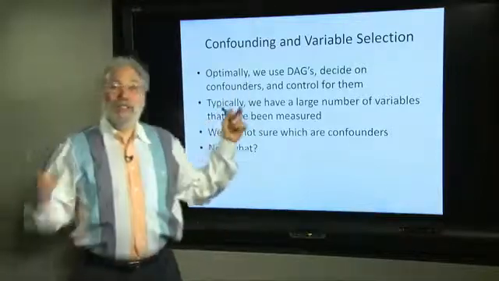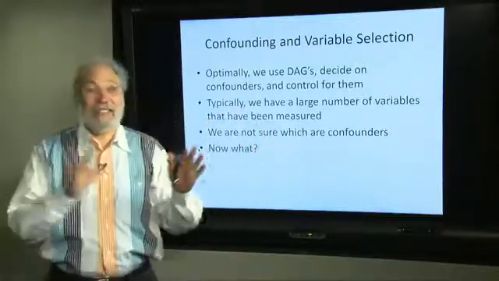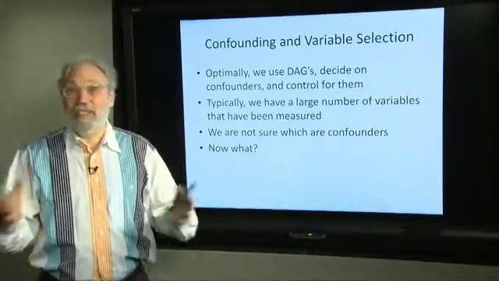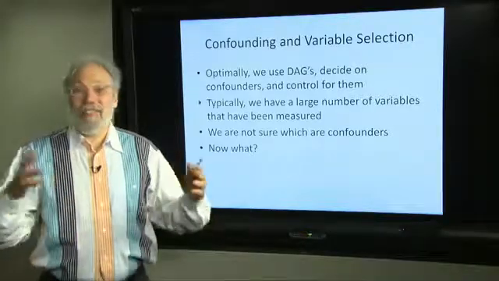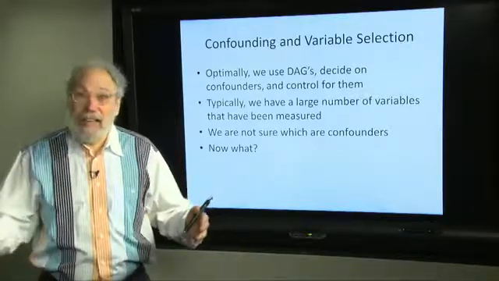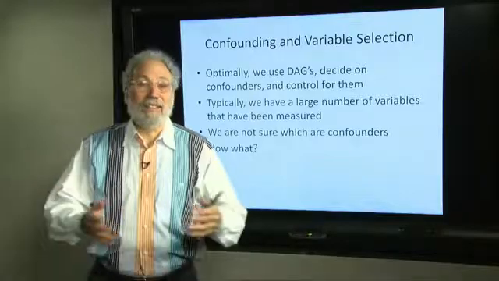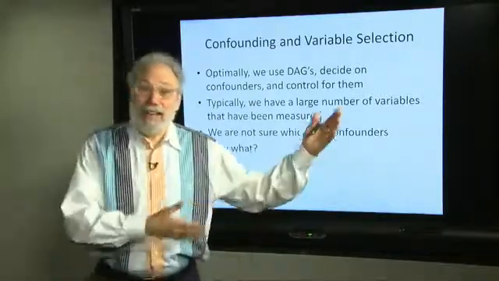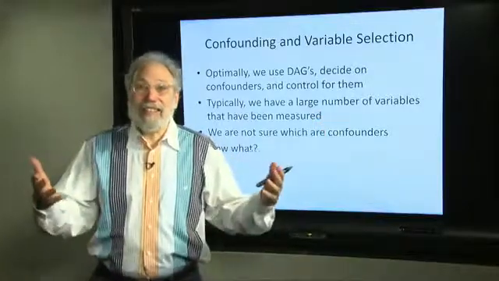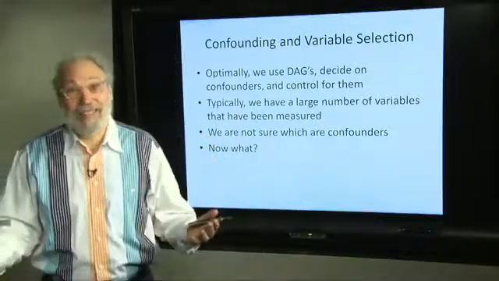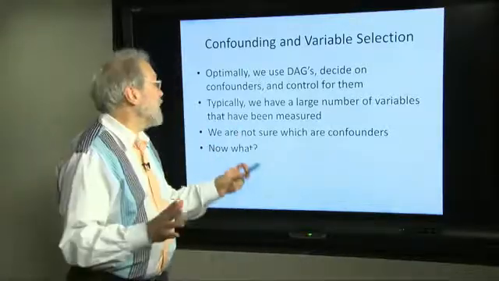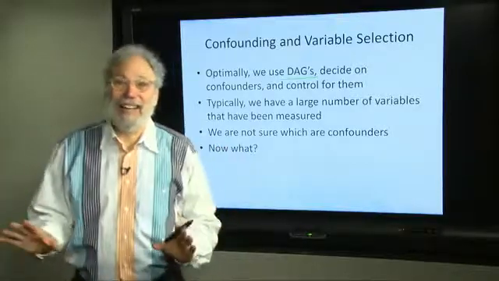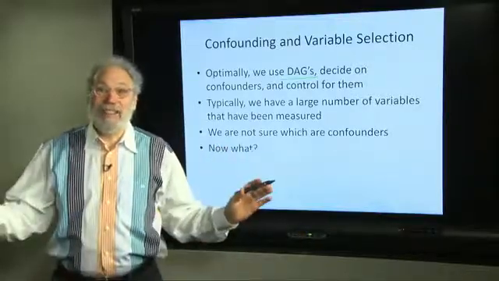You've learned how to use DAGs, which is good because by using DAGs, you can figure out that some variables really aren't a confounder. You can figure out that some variables are mediators, that some variables, if you controlled for them, you might open up a collider path and increase confounding instead of making it less, and all of those things. So I want you to remember that and start off with that. Now, once you've done that,